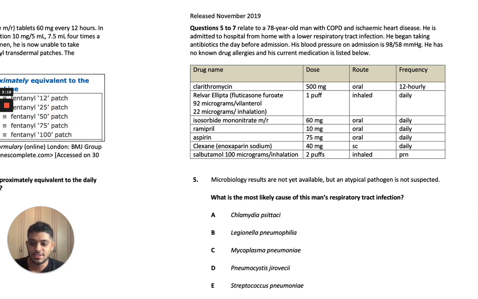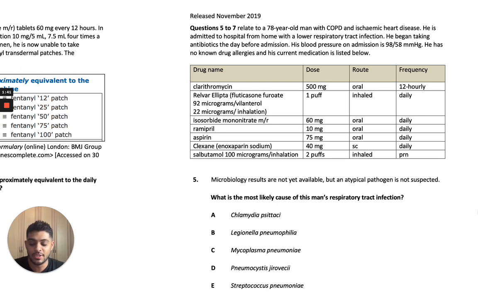So you've got 5 different organisms here, and it's asking, what's the most likely cause of this man's respiratory tract infection? And there's something that's even more important. It's also said to you, an atypical pathogen is not suspected. So the GPhC expects you to know which organisms are atypical organisms. And here, if you have an understanding of atypical organisms, you can rule out the first 3 answers. So Chlamydia species, Legionella pneumophila, as well as Mycoplasma pneumoniae, you can rule these out if you understand that they're